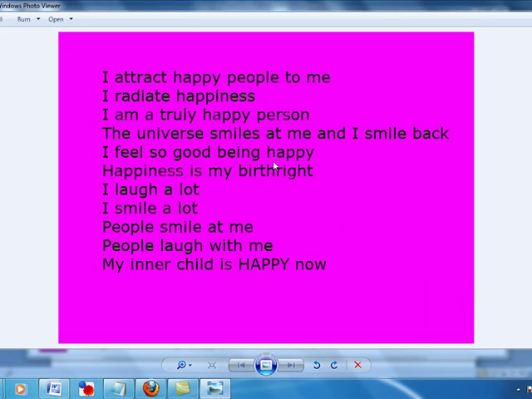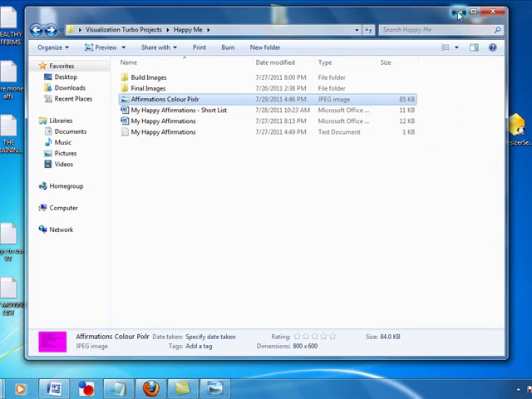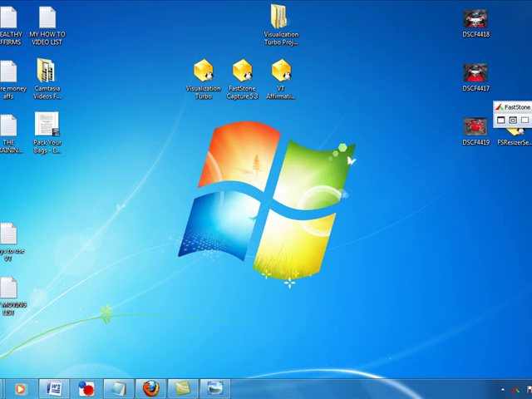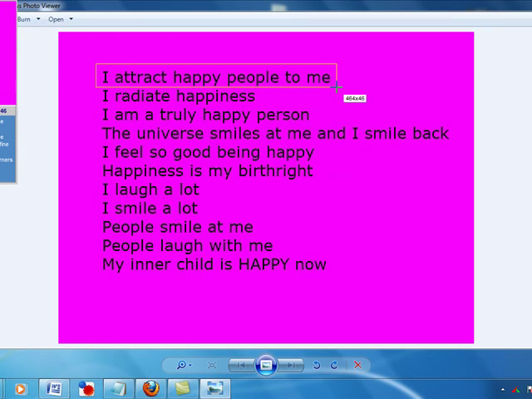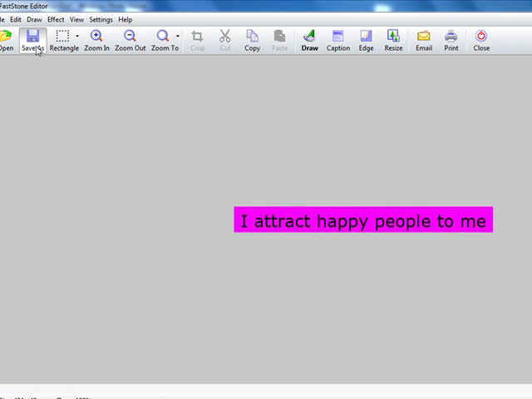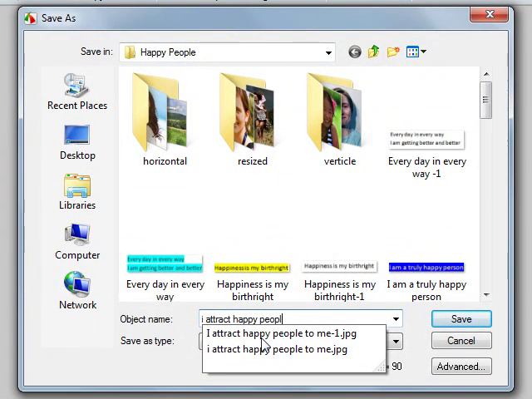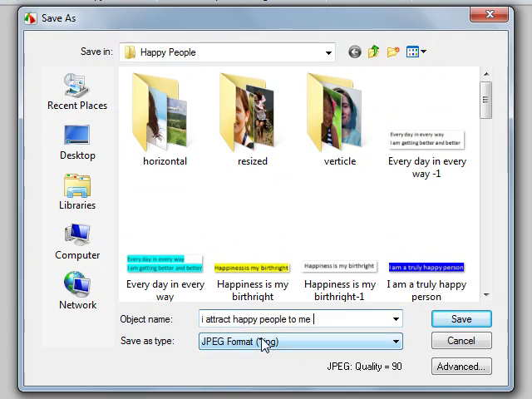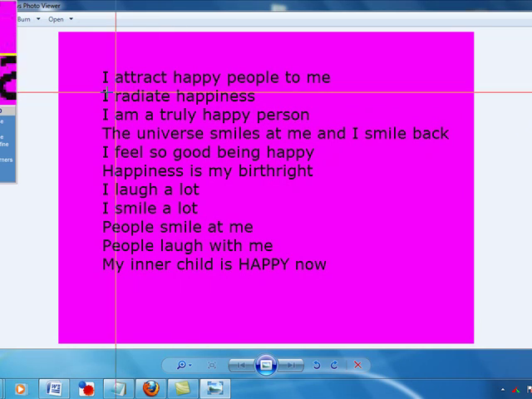Okay, so what I want to do is close this window down and close this window down because I'm not using them, and I'll select Fast Stone Capture, and then I'll open up the affirmations again, and this is called I attract happy people to me. So I'll get Fast Stone Capture and I'll select that affirmation there, and then I'll save it as I attract happy people to me, and I'll call it pink, and I'll save it, and then I'll go to the next one,